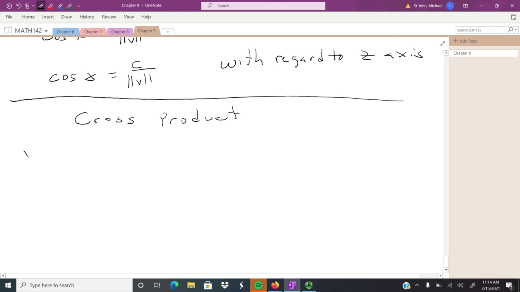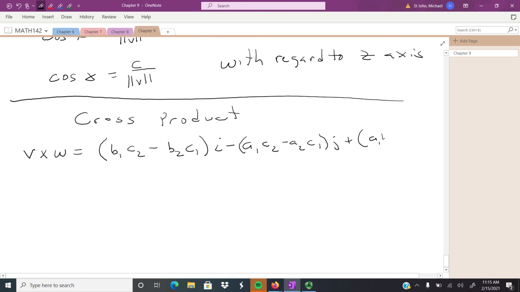And so v cross w is given by b1 c2 minus b2 c1 times i, minus a1 c2 minus a2 c1 times j, plus a1 b2 minus a2 b1